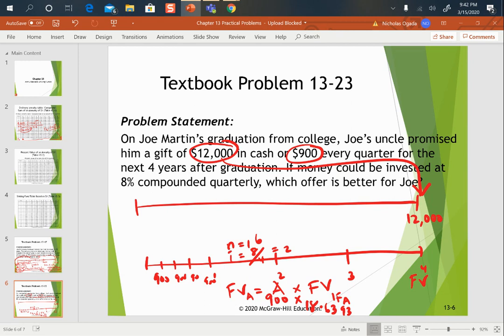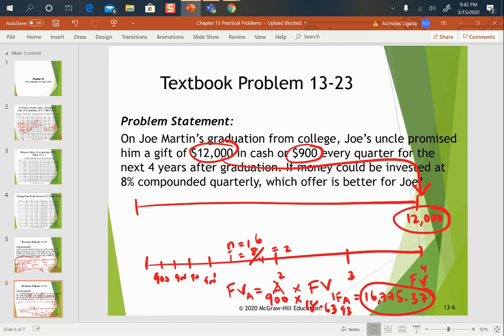So if you multiply 18.6393 times 900, you find this to be 16,775 and 37 cents. So this is the future value of the annuity payments,